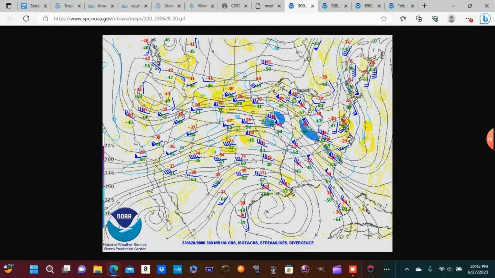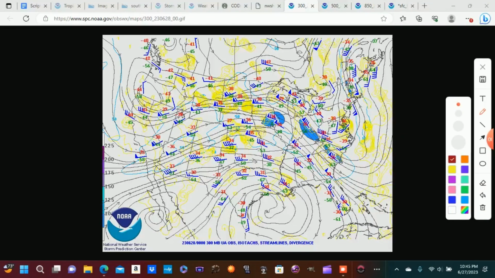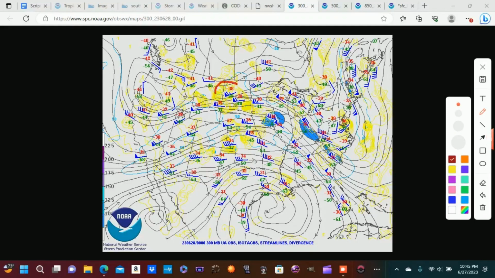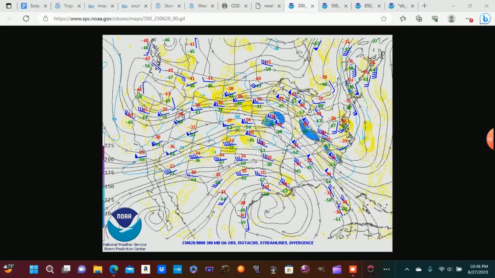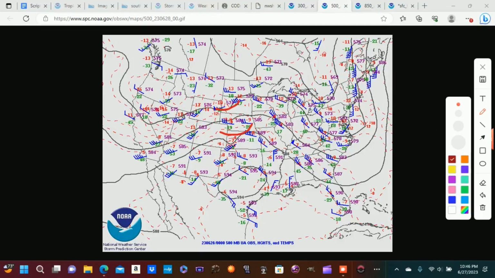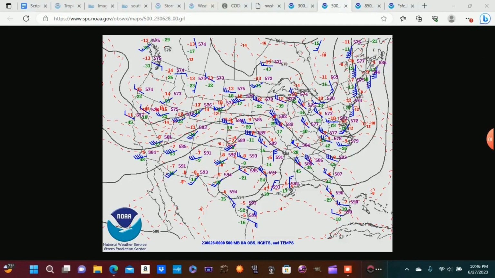So now looking into our upper air maps, we're starting at 300 millibars, and we are looking for the jet stream. The jet stream is currently located over the northern United States, broadly speaking, and this is creating some pretty strong ventilation aloft over the Dakotas, where we see our upper level divergence contoured. This divergence, of course, as we know, creates rising motion in the atmosphere, and this vertical motion is also associated with a 500 millibar shortwave over the high plains. We'll see here that's contoured, and this is also helping to enhance the uplift in the atmosphere that's causing some of those storms that we saw earlier.